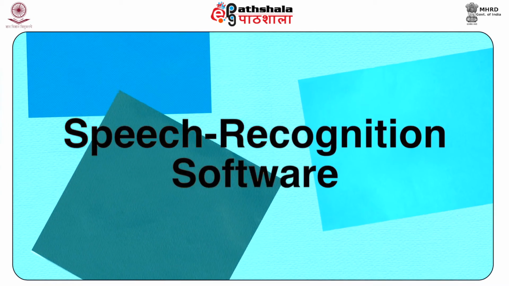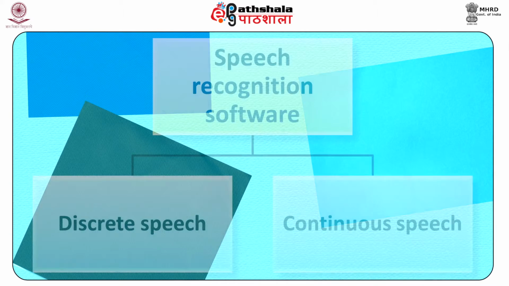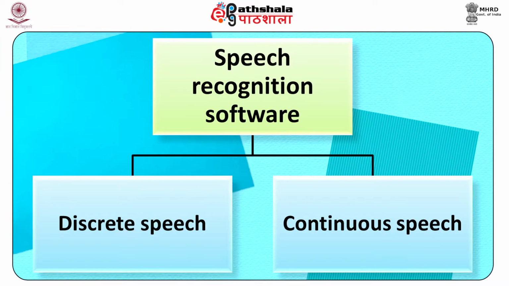Next is speech recognition software. Two categories of speech recognition software are available today: discrete speech and continuous speech. Discrete speech recognition can interpret only one word at a time, so users must place distinct pauses between words. This type of voice recognition